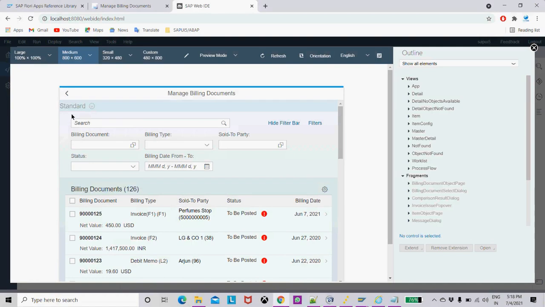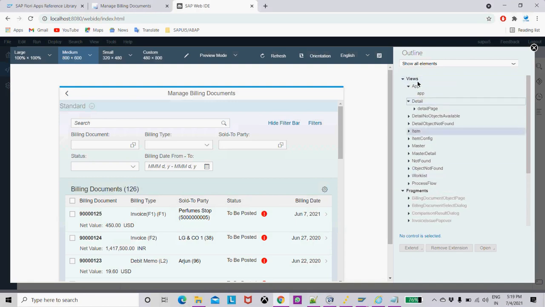So in a custom application you can create everything from scratch, but in the case of the standard app you cannot do everything. It cannot be customized overall. Only some parts of the code or controls can be customized. So in order to check what customizations or extensions I can do on this app, on the right-hand side you can see,